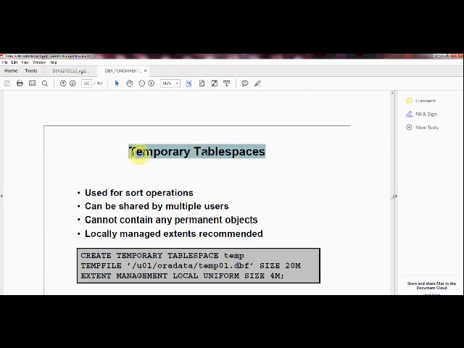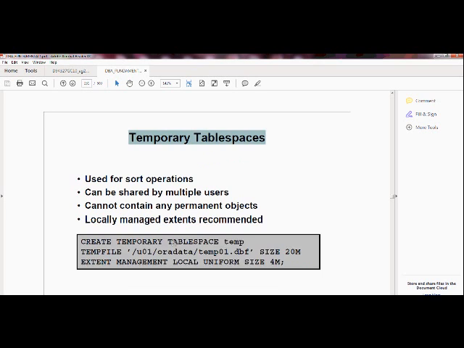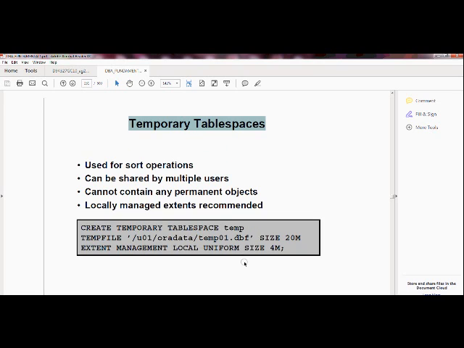Now temporary table space. So till now we completed permanent table space and undo table space. Now we have temporary table space. Generally, temporary table space is used to store the sort operations.